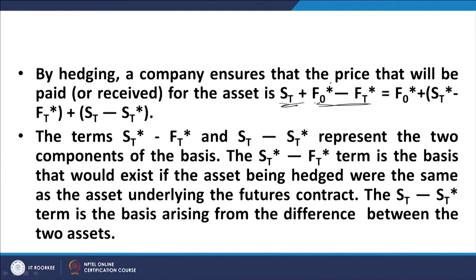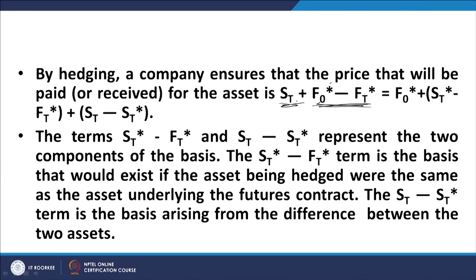Now, the profit on the futures position will be created with respect to the actual futures that are there, and which employ an underlying asset which is different from the asset in which you are exposed or which you want to sell. So, this is what you are going to receive on selling the asset in the spot market, and this is the profit you derive from the futures which is on a different asset.